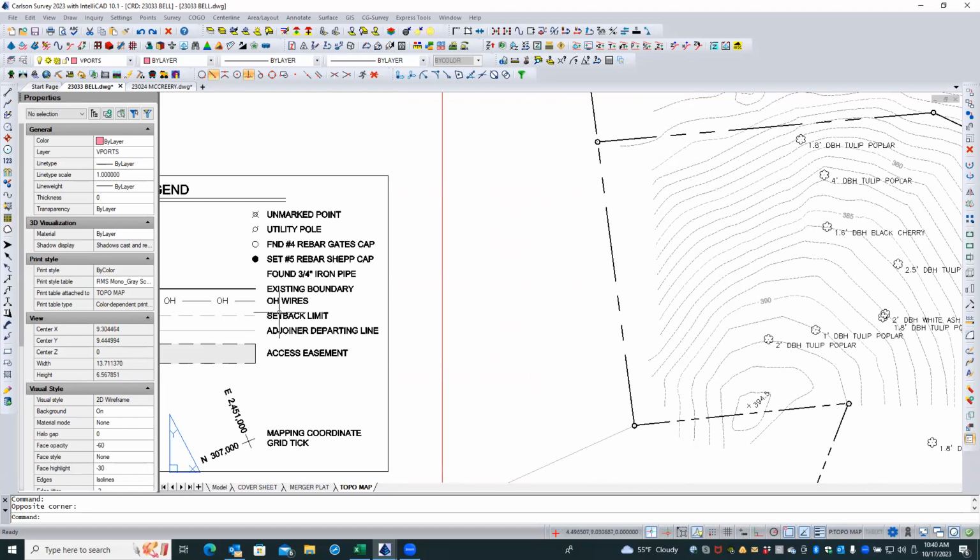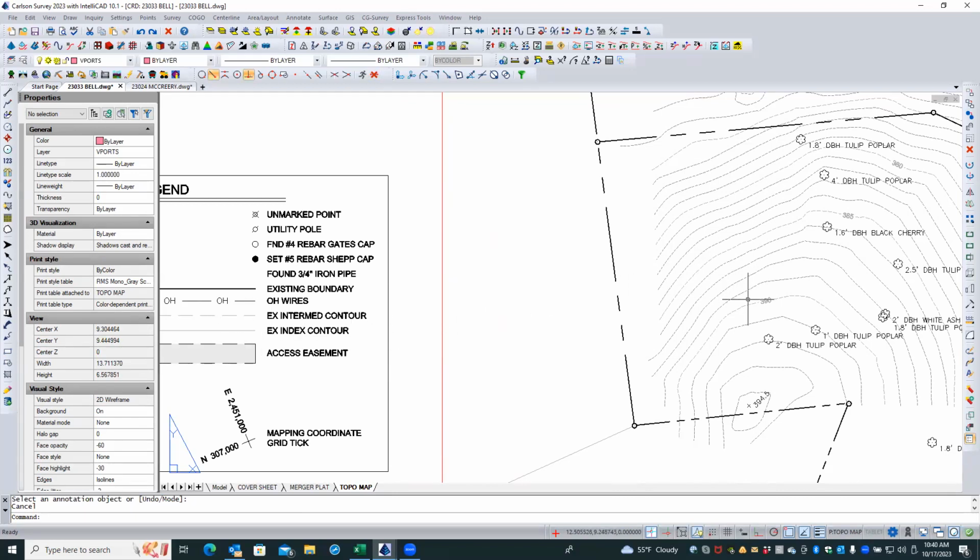You would change the description basically for the two. Let's just make that EX intermediate contour, however you wanted to space that, and EX index contour. You would do something like that, and then you would